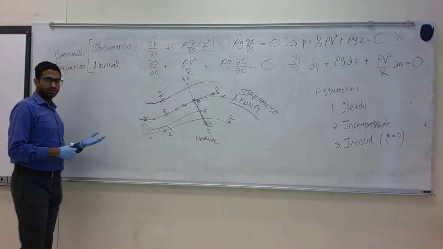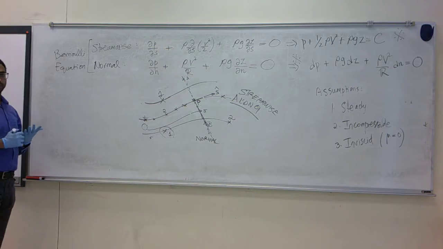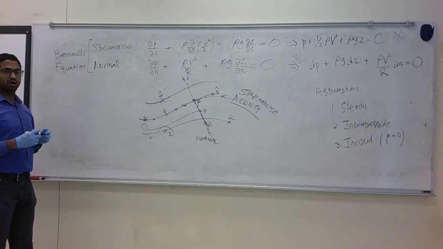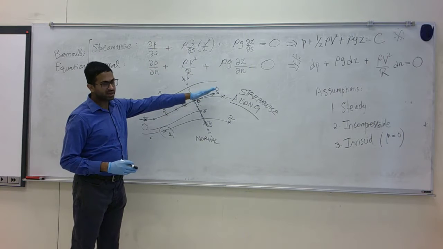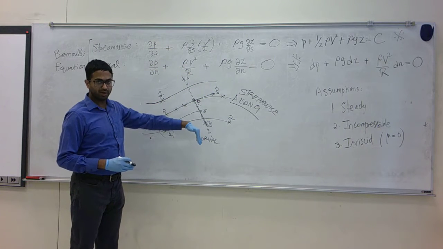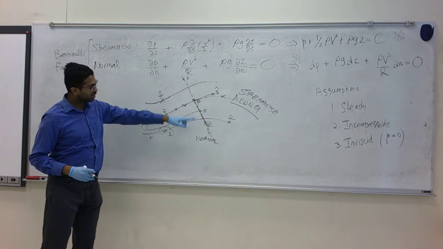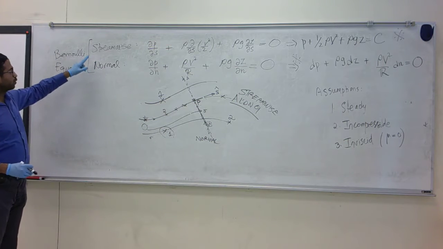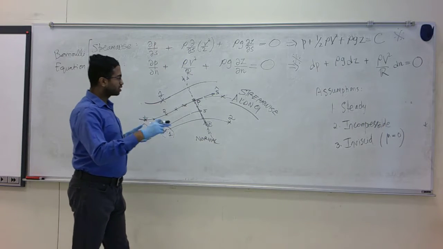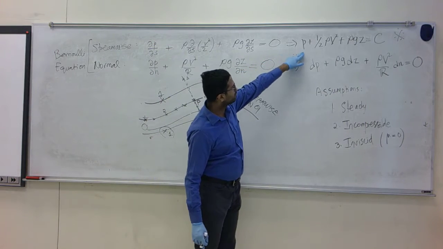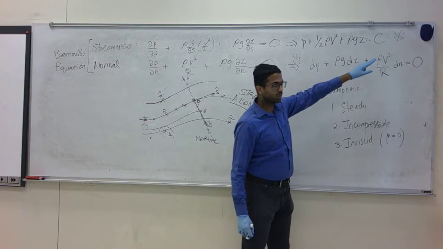In our series of discussions, in the last part we talked about the Bernoulli equation, which was obtained by applying a force balance on a control volume in a two-dimensional flow along the streamwise direction and in the perpendicular normal direction. Once we obtain that for the two directions along S cap and N cap, we can write the Bernoulli equation in a differential form, and if we integrate this along a streamline, we get the Bernoulli equation as P plus half rho V squared plus rho g z equals a constant